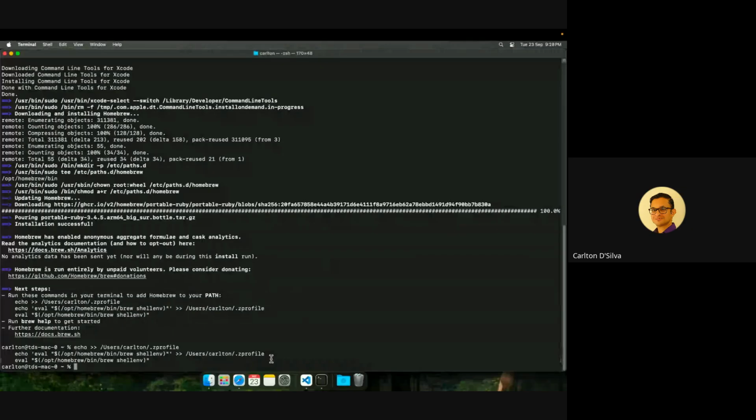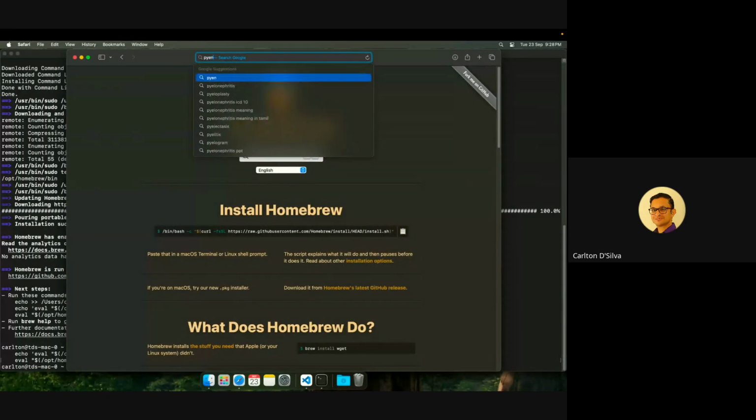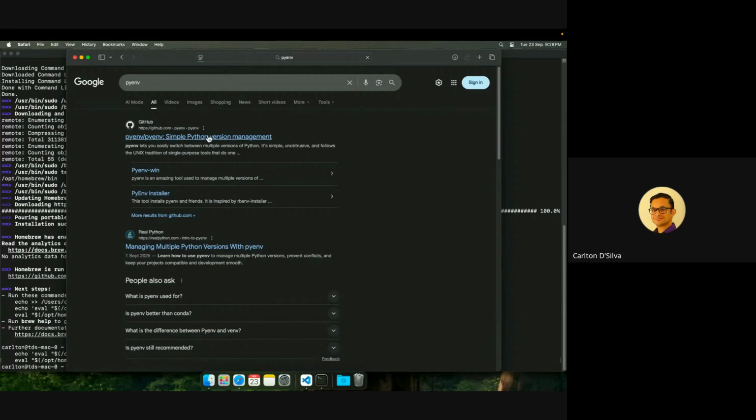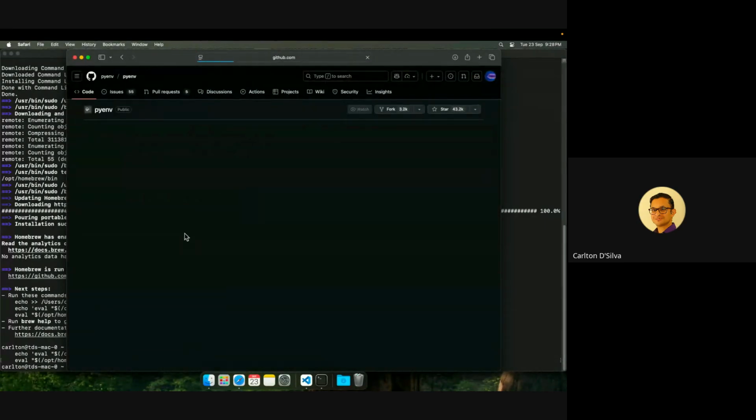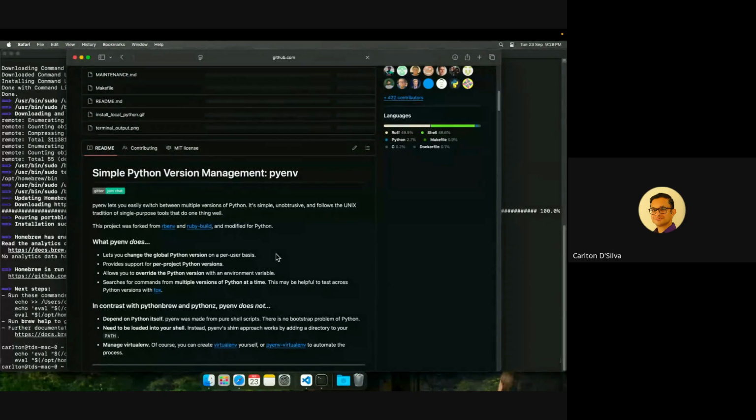Now the next thing we'll do is install a package called pyenv. So pyenv is a Python version management system. Now you might be thinking, why do I need a Python version management system? If you install the latest Python package, 3.13.7, that's always on the cutting edge. And sometimes when the package is on the cutting edge, it may break some of the dependencies